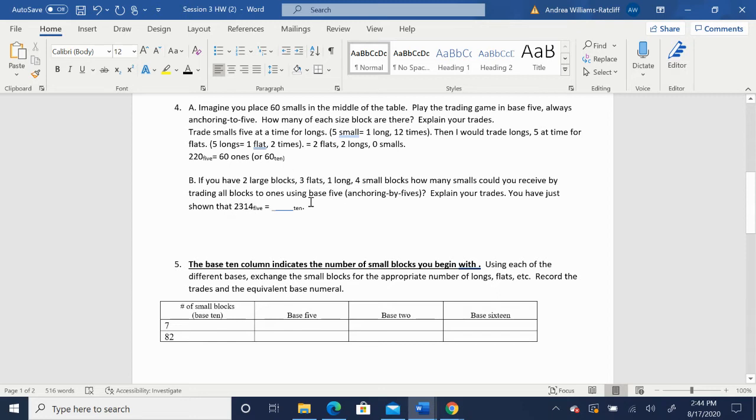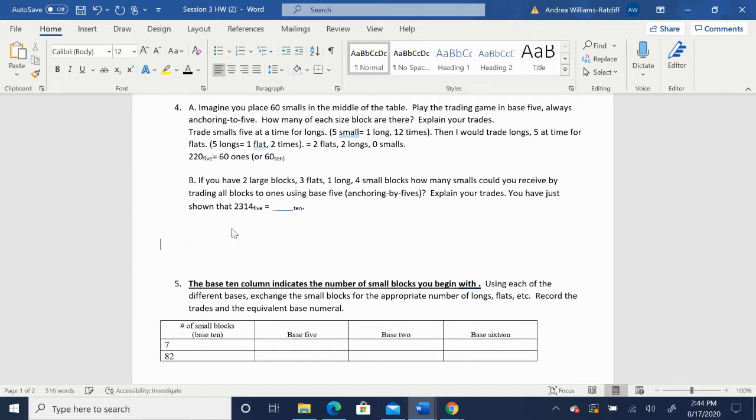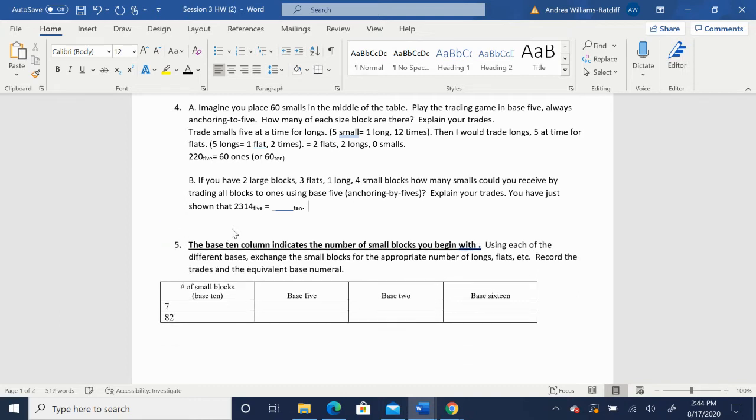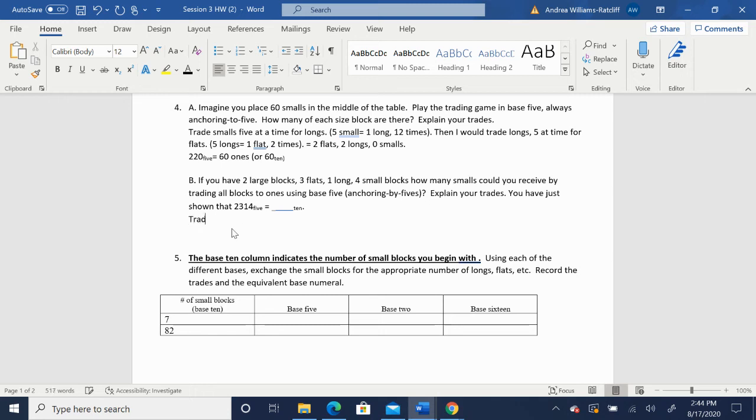We want to know what its worth is in base 10. Notice we always convert these to smalls because what do you know across the board? Smalls are worth 1 no matter the base. So I always start with my largest block. I'm going to trade 2 larges